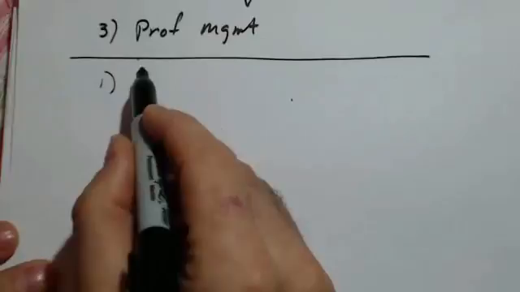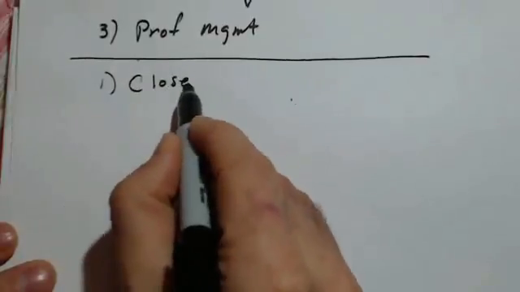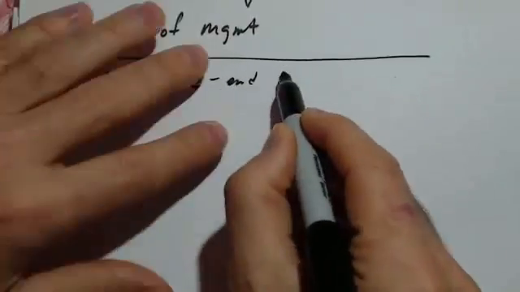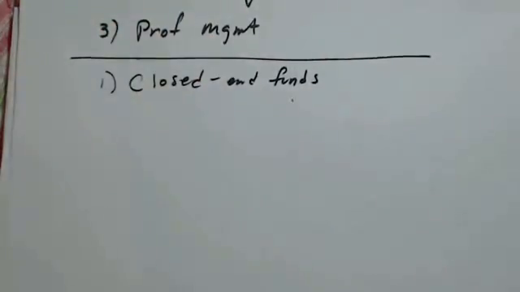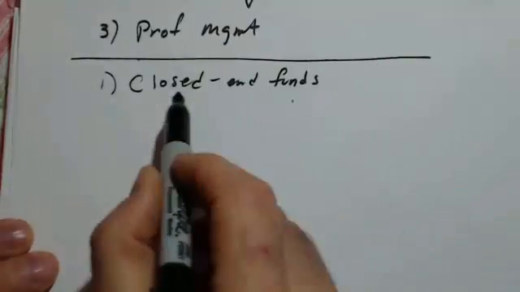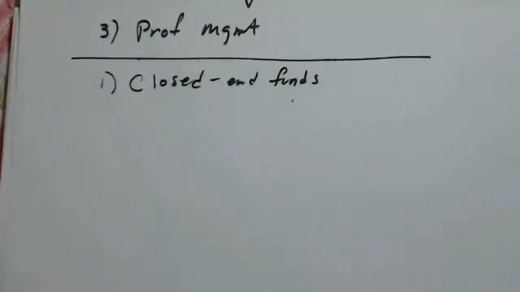The first one I want to cover is closed-end funds. Okay. A closed-end fund is an investment company that doesn't sell any more shares. It basically does an IPO, an initial public offering, sells its shares, and those shares trade on an exchange. So closed-end funds trade on an exchange, and the shares sometimes may sell at a premium or discount relative to